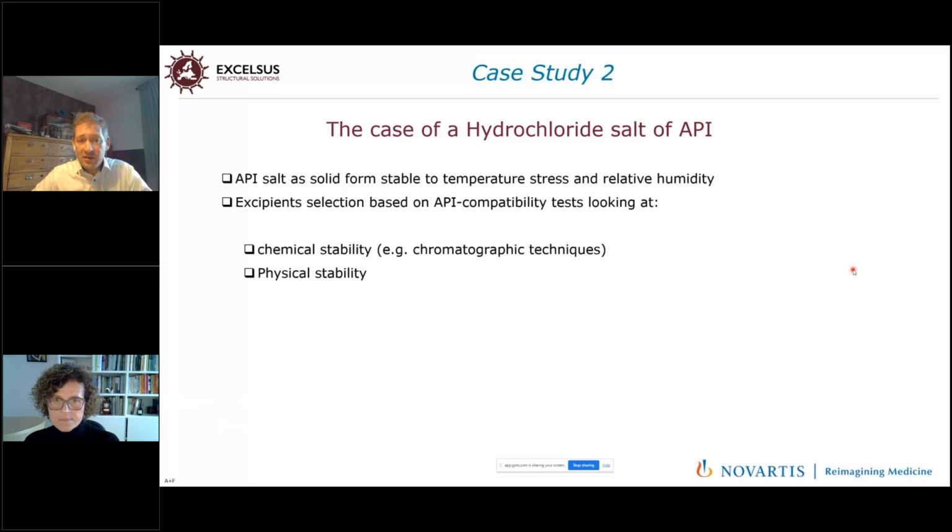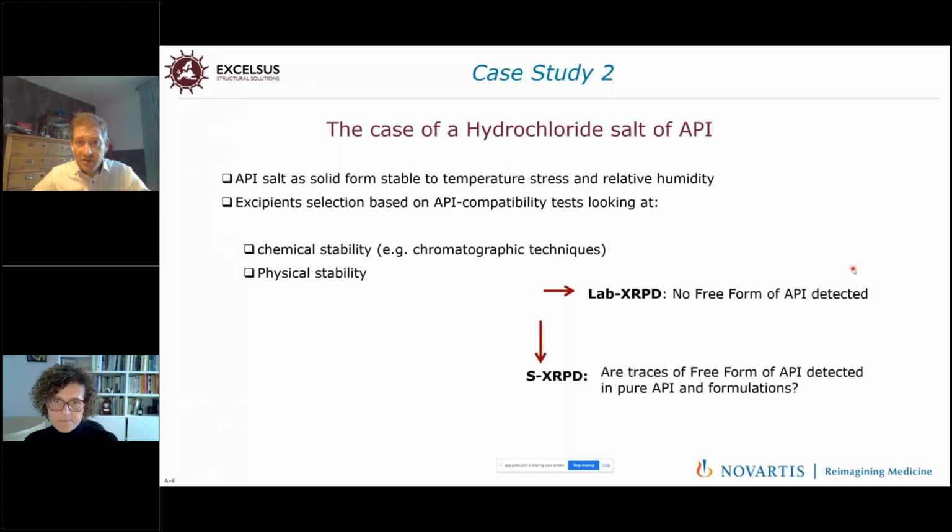We were certainly looking also at chemical stability by means of chromatographic techniques, but physical stability-wise, we were looking on our lab XRPD instrument, increasing the data acquisition time and asking ourselves if the free form of the API could be detected. And in this case, we were not able to see any